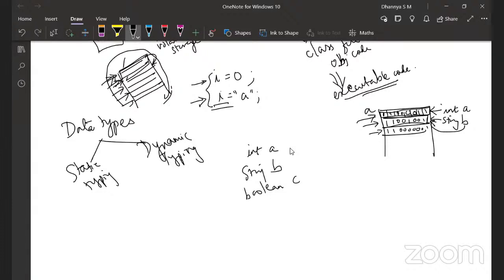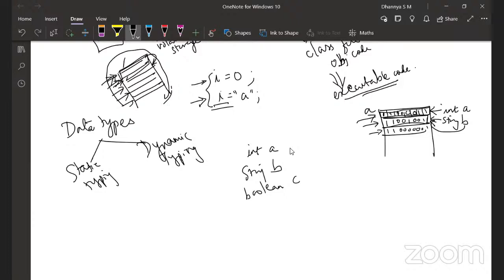Yeah, so more like you don't have to plan anything, right? You can just use the variable as you go. You don't have to pre-plan and say, okay, I have to use this variable as a string, I have to use this variable as an int. That is not required, right? You don't have to declare it ahead. You don't have to worry about planning.